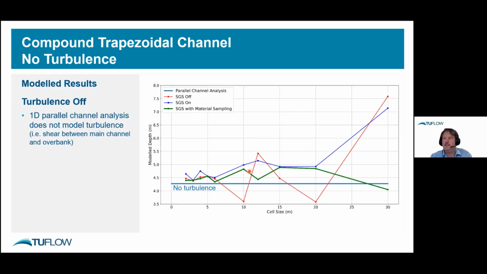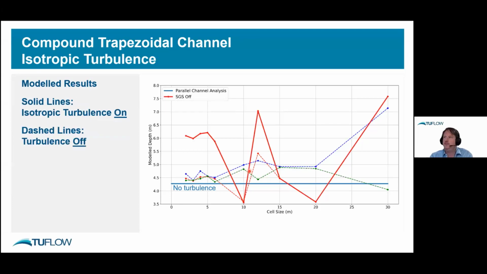So the sampling of Manning's n is at each of those subgrid sampled locations as well. In this case, we were using a subgrid sampling resolution of about half a meter typically, so getting a much finer resolution than the cell size. For all cases, we do start to converge down to the parallel channel answer. But it happens much quicker with subgrid sampling turned on and also with the material sampling